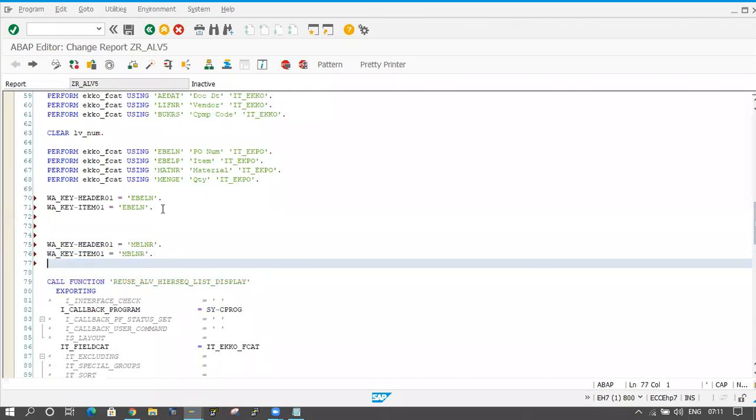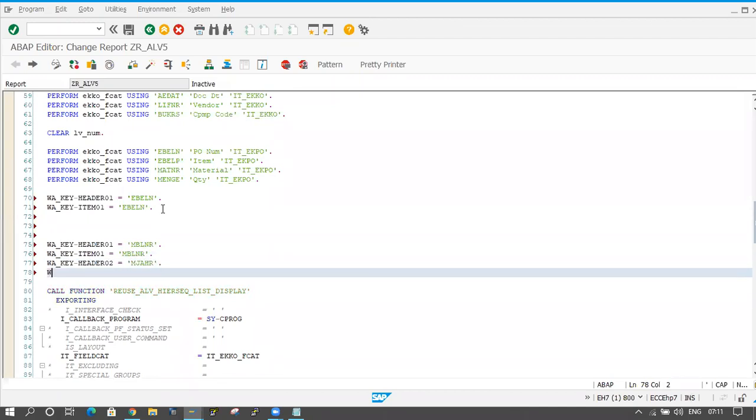And one more key field is available, right? Work area key hyphen header 02 equal to MJAHR, and work area key hyphen item 02 equal to MJAHR. Here two link fields are there in the header data and item data, so that's why I am maintaining it like this.